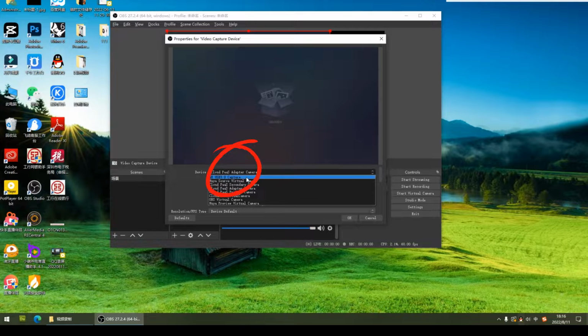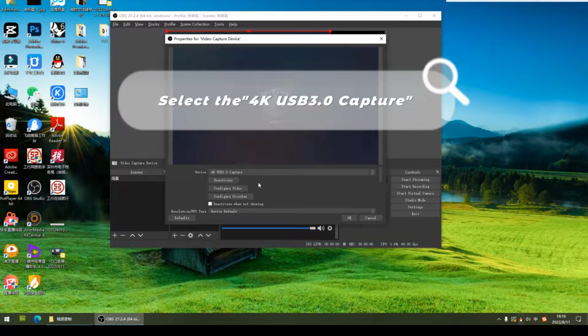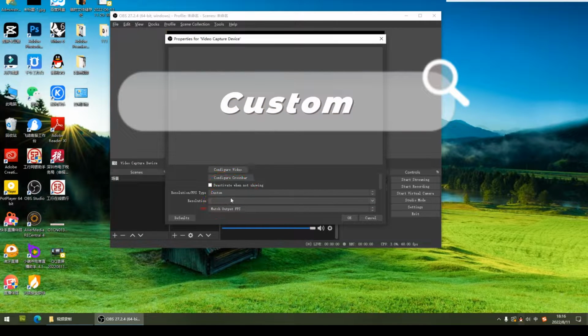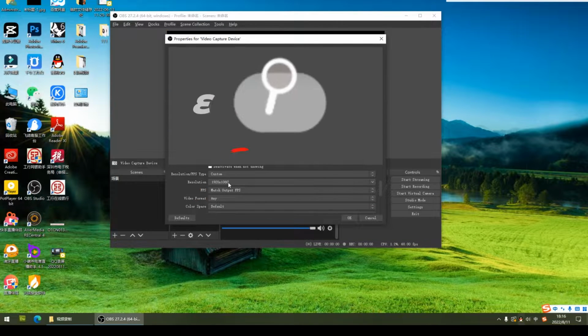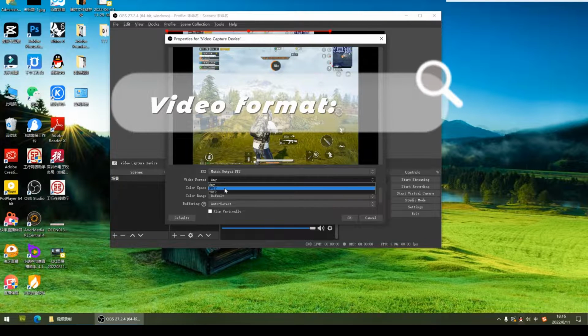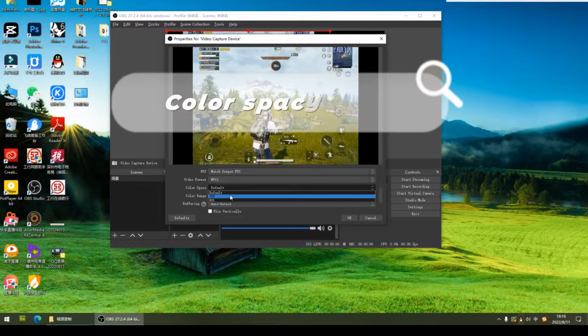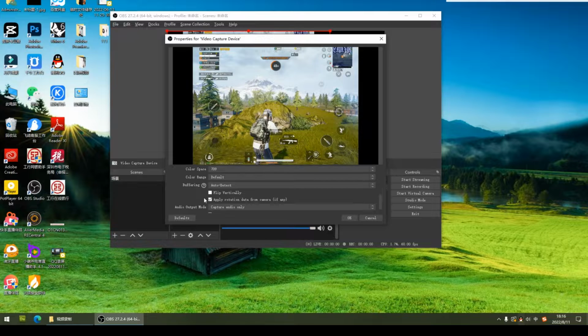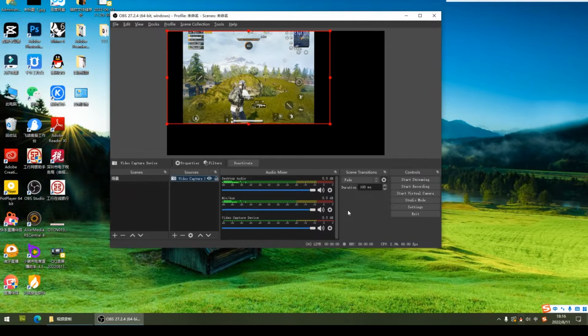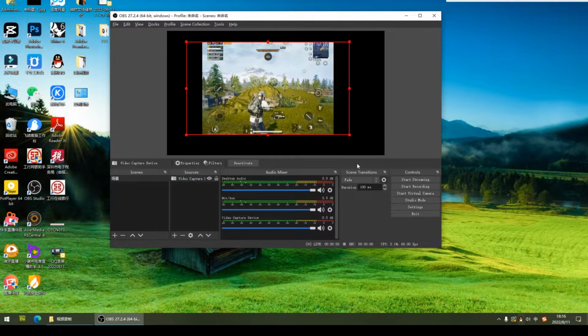First, select 4K USB capture. And for the resolution, choose custom. Enter 1080. For the video format, choose NV12. For the color space, choose 709. Click OK, that's it. You might think that it was the end of the settings, but don't forget to make